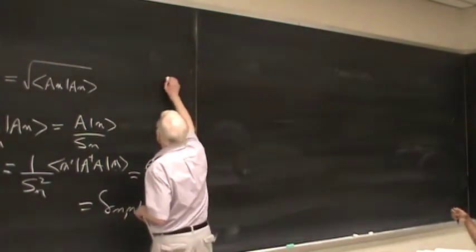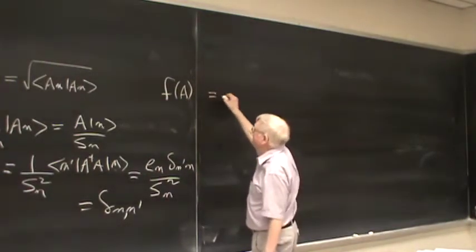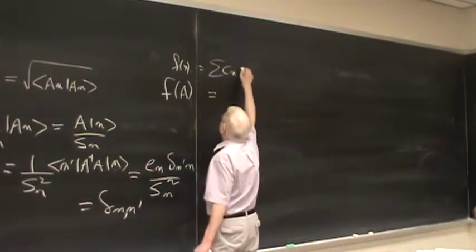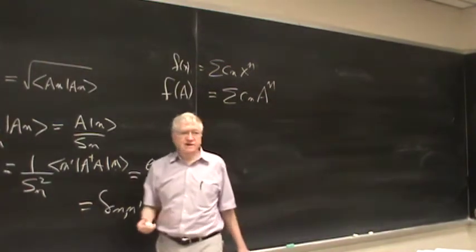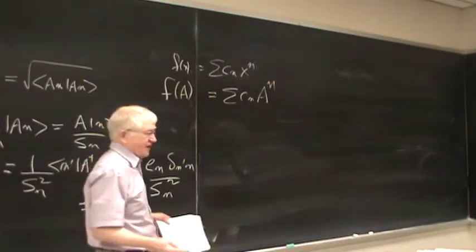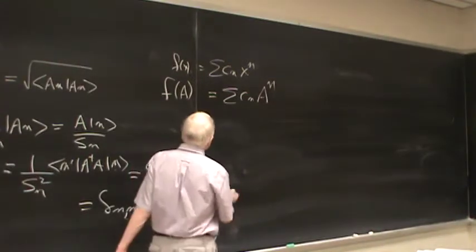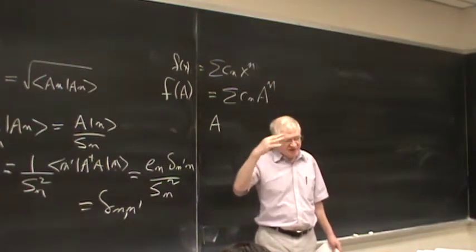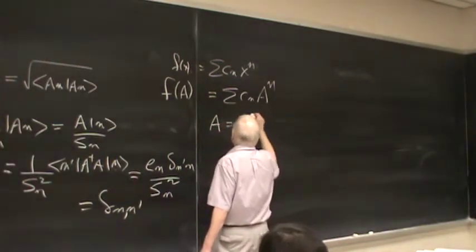Anyway, the idea is if you have some function of A, what you do is you imagine that F is a power series. And so you write this as Cn A to the n. That's the way in physics departments and in sober math departments. Now, the way you can do this efficiently is, let us say that A is a square non-defective matrix, then you can diagonalize it as, say, S inverse